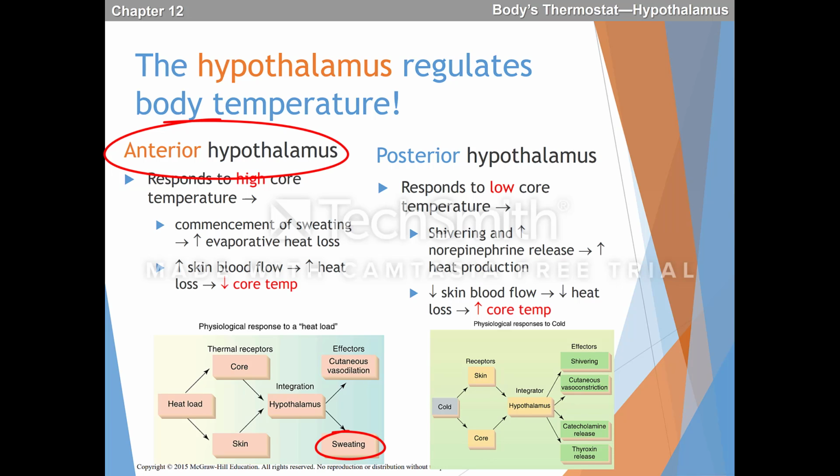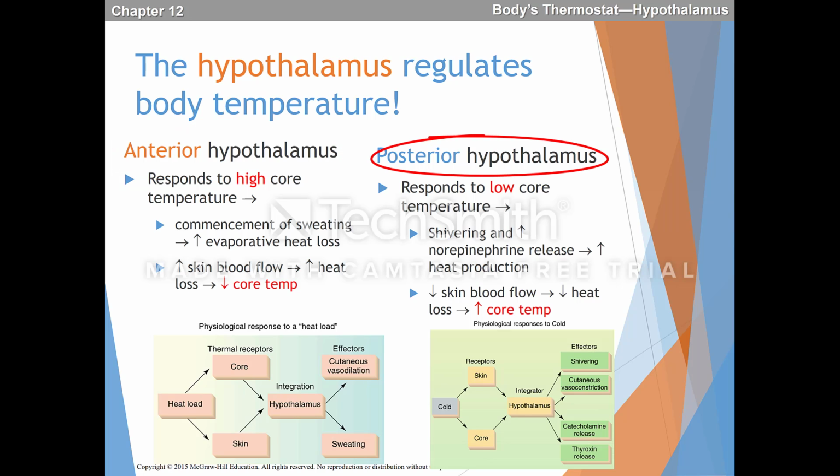So when your body temperature gets too high, the hypothalamus is going to cause you to start sweating. And sweating is another way that we can lose heat from the body. So hopefully with sufficient vasodilation under the skin and sufficient sweating, we can then bring the body temperature back down to hopefully restore homeostasis. On the flip side of things, if the body temperature detects that you are getting too